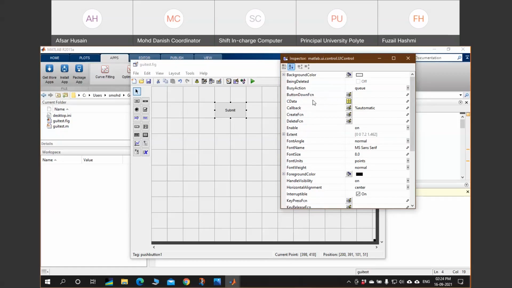So it is used when you right click the button. Callback is the command when you press your button, so it will go back to the callback function, and whatever code you have written in your callback function, it will execute that. So let us provide both the features. I'm providing the callback feature.